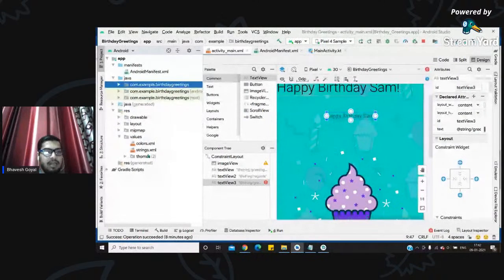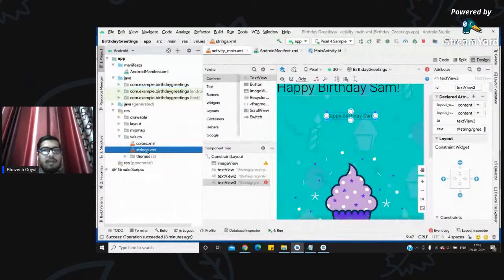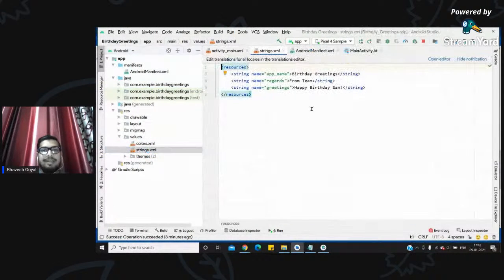In that we have a strings.xml file. What this did is add a string with the name of app name and message here. So if I make a change here, from birthday greetings to happy birthday, like from,